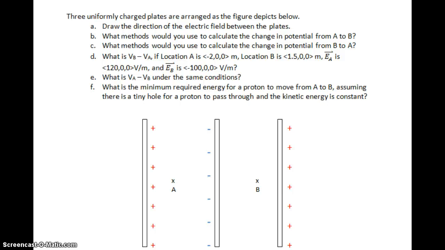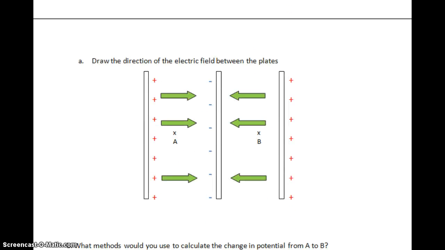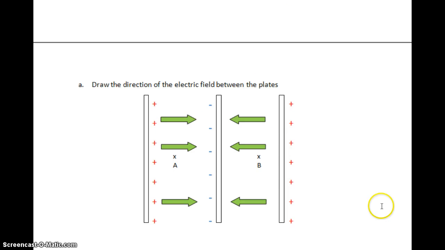In the question, we are observing 3 uniformly charged plates. First, we're asked to find the direction of the electric field between the plates. There's a different direction between the positive and negative plate here and the negative and positive plate here. The electric field flows away from positive charges and towards negative charges. So in this region, the electric field is in the plus x direction, and in this region is in the